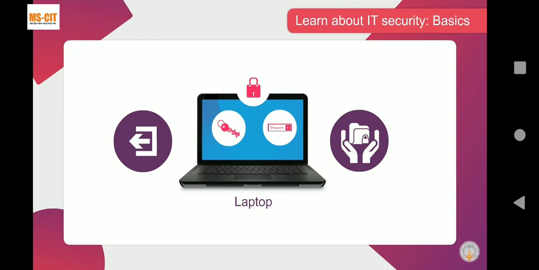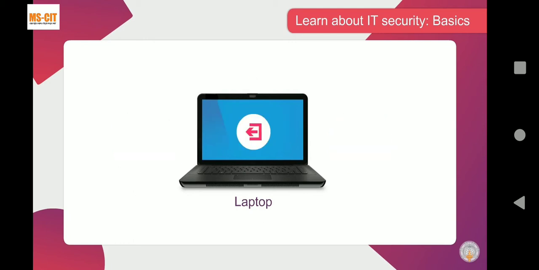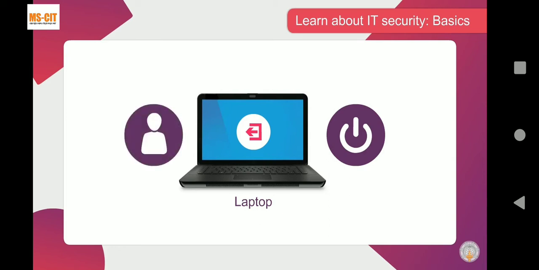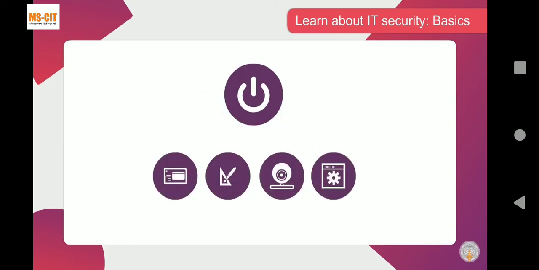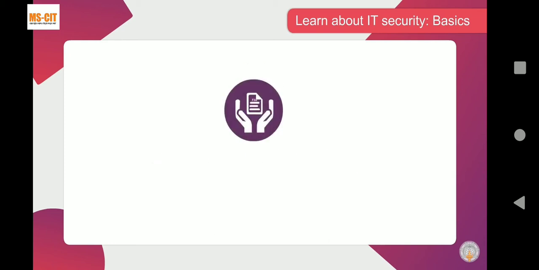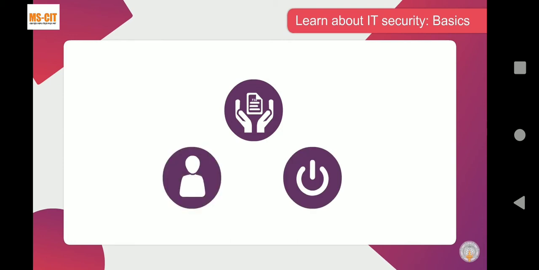Some pointers you should remember before signing out of your laptop. If more than one person uses a laptop, it is ideal to sign out of the laptop when it is not in use. Signing out ensures that if any other user signs into your laptop, they will not be able to access your data. Signing out closes all running applications, so it is important to save your work and other documents before signing out. Signing out does not turn the laptop off, so other users can immediately sign in without restarting the laptop.